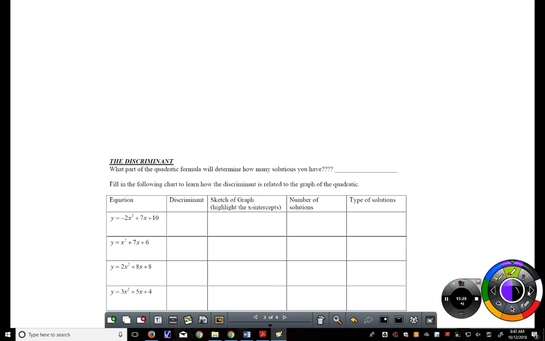So the discriminant is a specific part of the quadratic formula. It's the part that determines the number of solutions that you have. So in the quadratic formula,